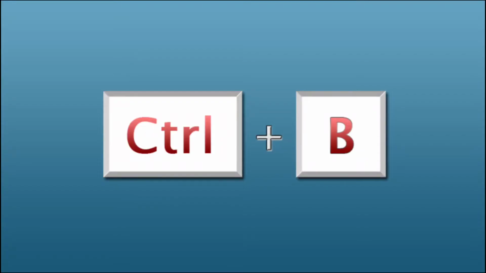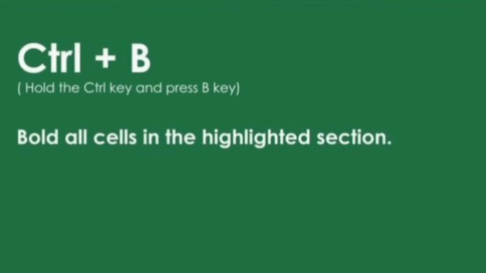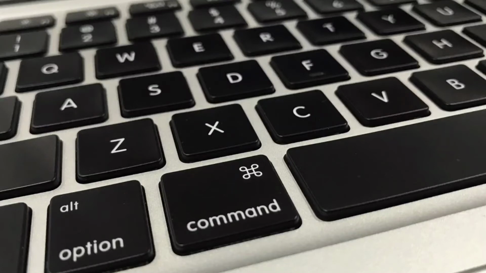Shortcut number 2 is Ctrl plus B, alternately referred to as Ctrl B and Ctrl plus B. It is a shortcut key most often used to bold and unbold text. If you are using an Apple computer, the shortcut is Command plus B or Command key plus Shift plus B keys.